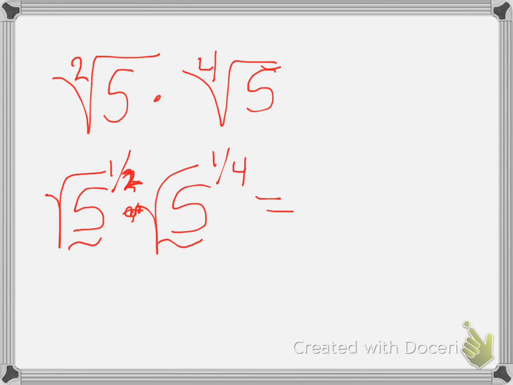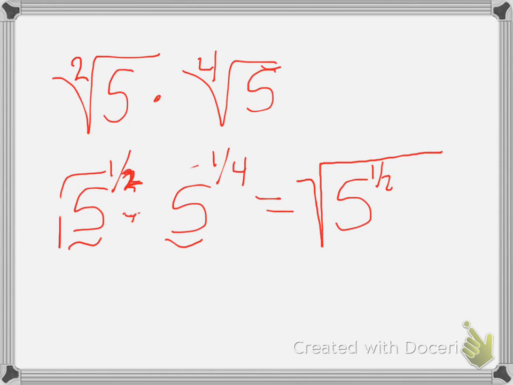So you have 5 to the 1/2 and, oh, what am I doing? Sorry about that. You got rid of the radical because you turned it into 1/2. Sorry about that. So